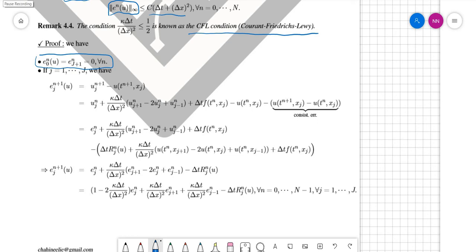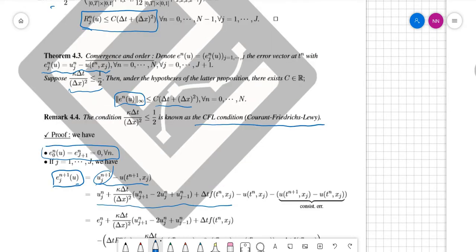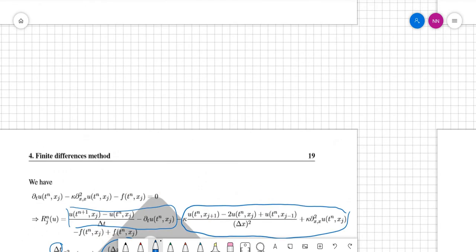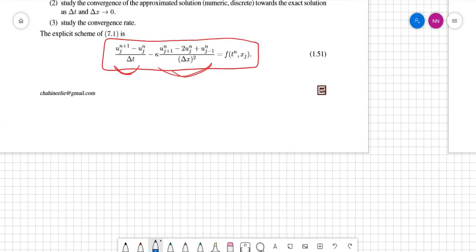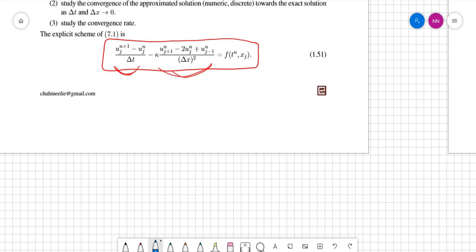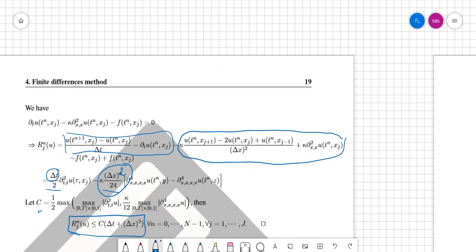Now for the other errors at j and n plus 1, so for a given point, the error is the difference between the approximation and the exact value, and the approximation can be written as all this from the discretized form that we have in here. Let me show you. It's the formula that I said you will know very well. It's the one in here. Okay, so from this form we can write down u_j^(n+1) as a function of everybody else, and if we do so, you will have